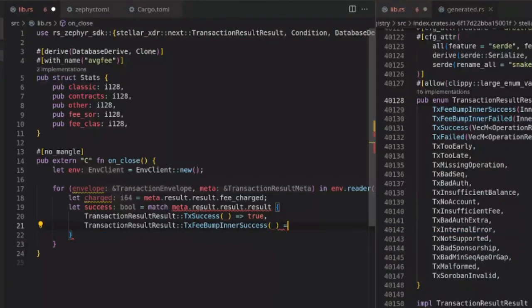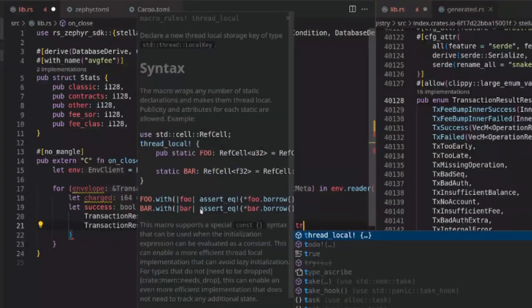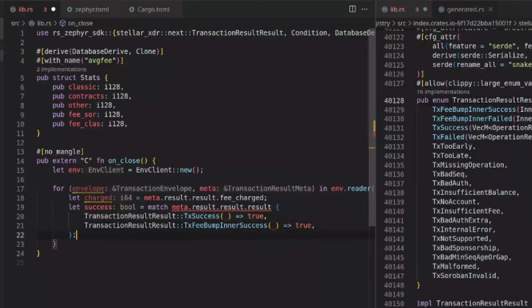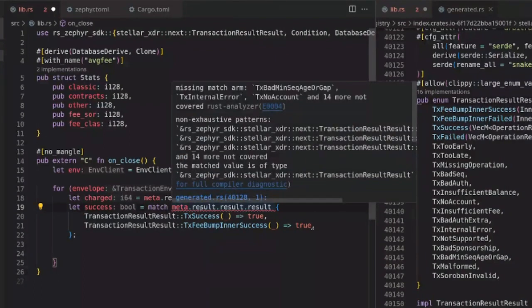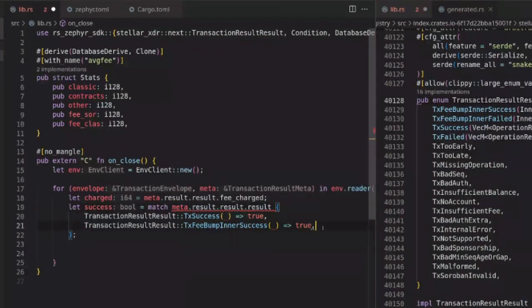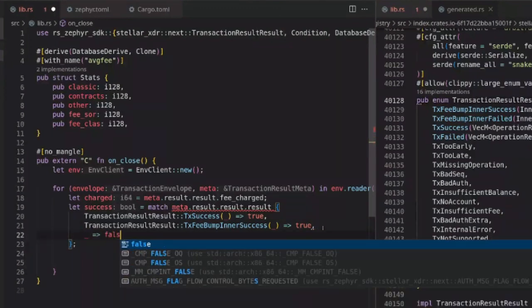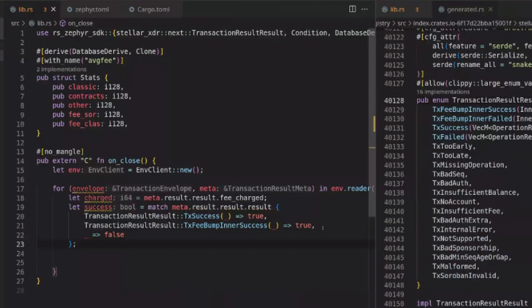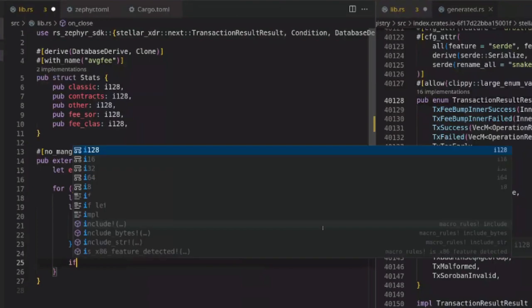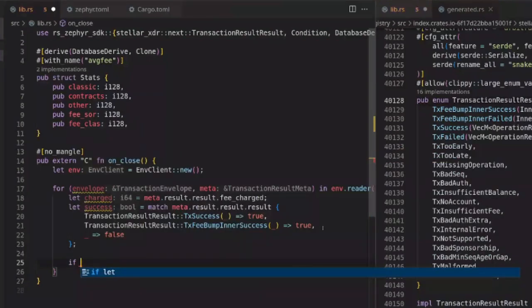Okay. So this should be, feel free to correct me if I'm wrong, but this needs to be reference, sorry. Of course, we need to say that all the other keys are unsuccessful. So now, if we are successful,